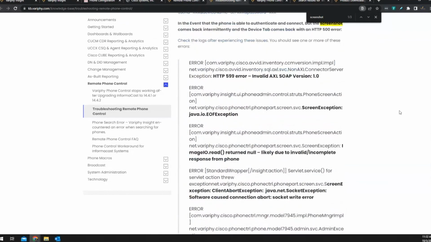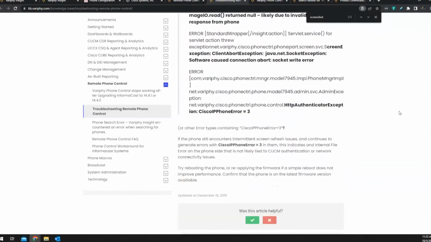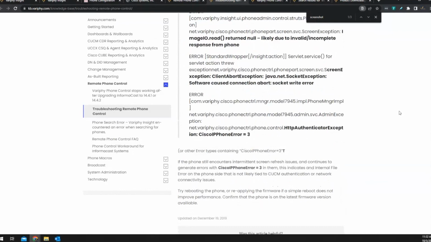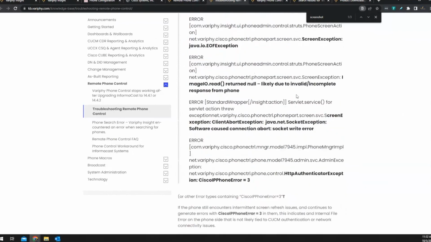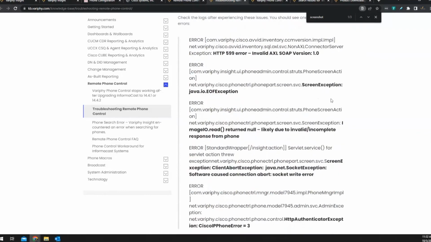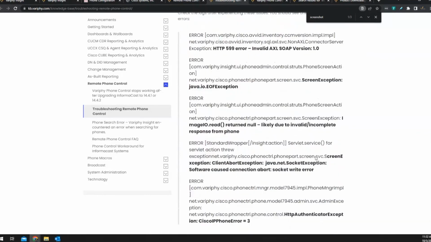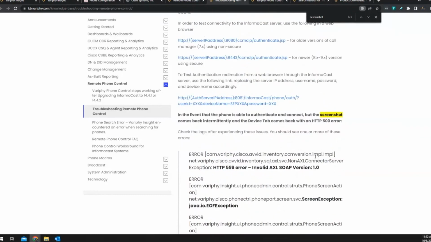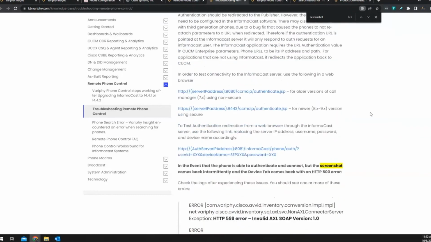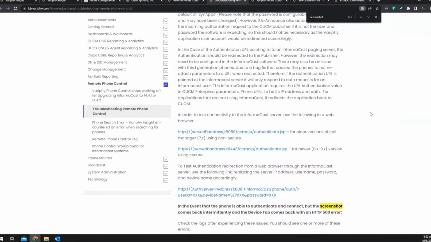Yeah, for the most part, just about any kind of scenario you're going to run into is going to be covered in this document. And then it even shows what kind of errors you might get when you're trying to connect to phones. Like you might get a Cisco 0 or a Cisco 4 or a Cisco 3, and those can mean anything from authentication failure to a connection error to some other kind of status error that it's getting.